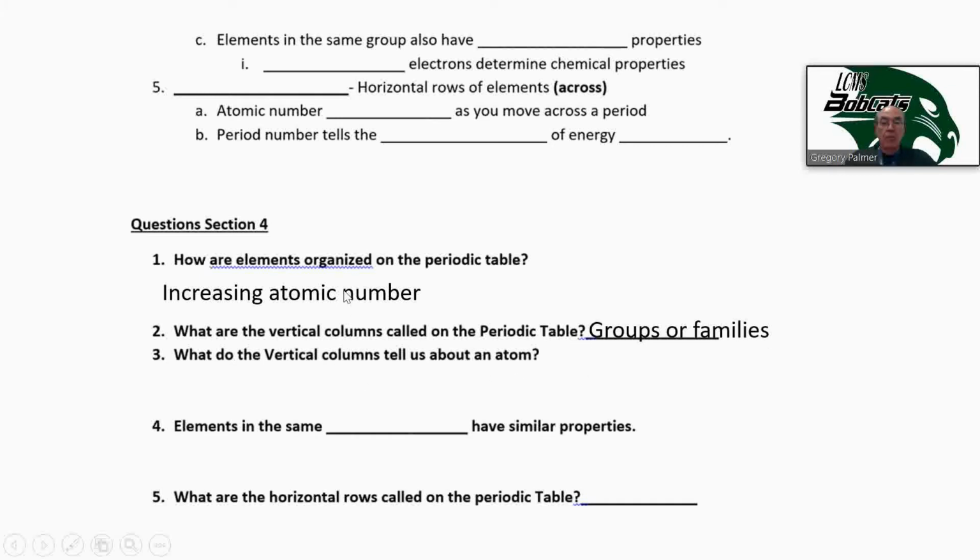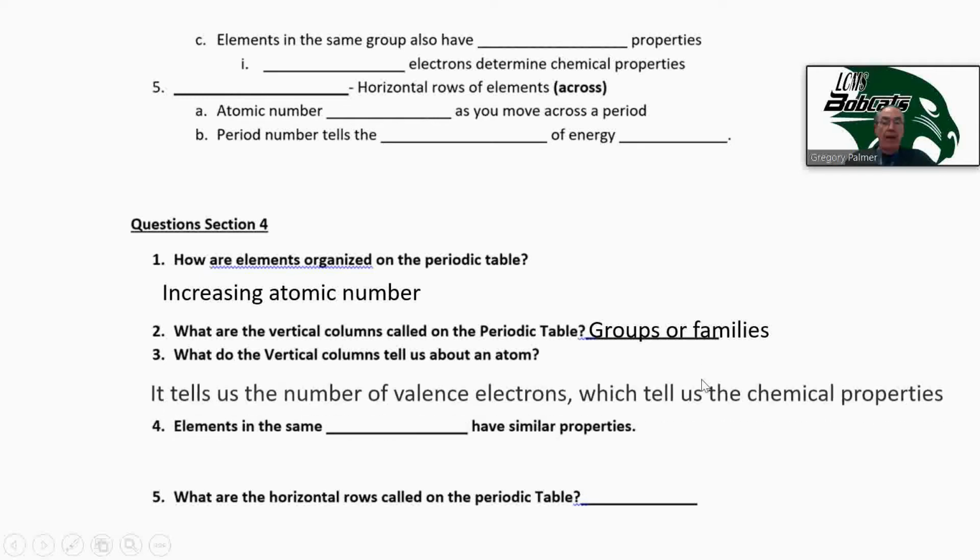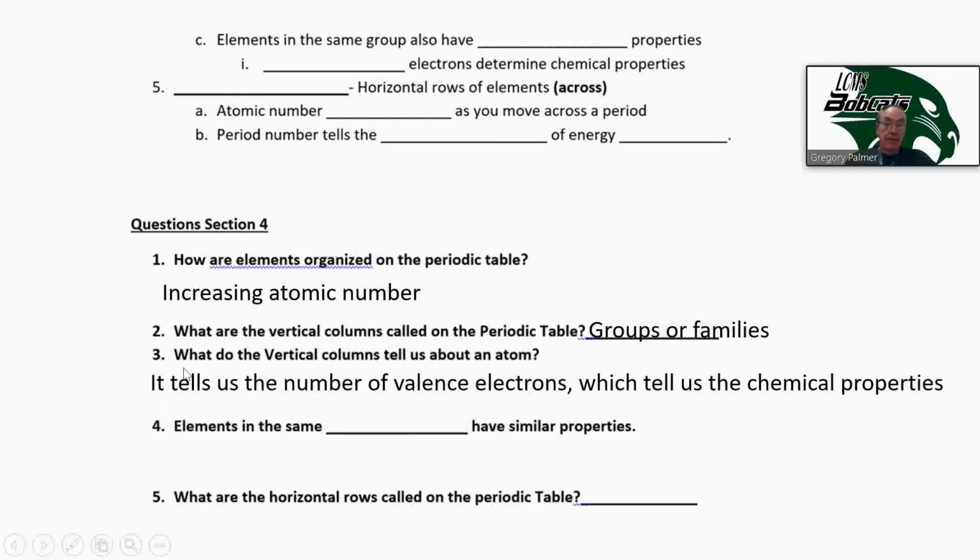The vertical columns, vertical means going up and down, are called groups or families, because the elements in the families or the group have the same number of valence electrons. So that's the answer to the third question. What do the vertical columns tell us about an atom? It tells us the number of valence electrons, which also identifies its chemical properties,